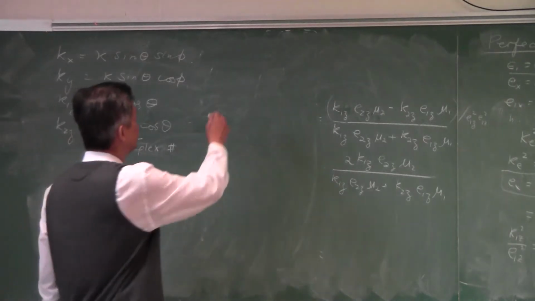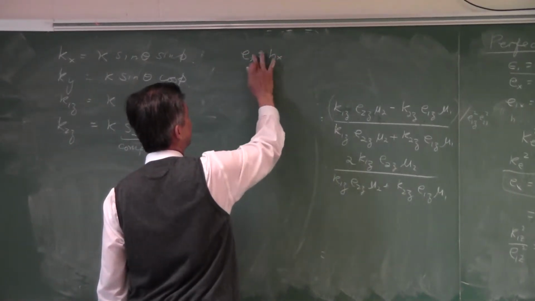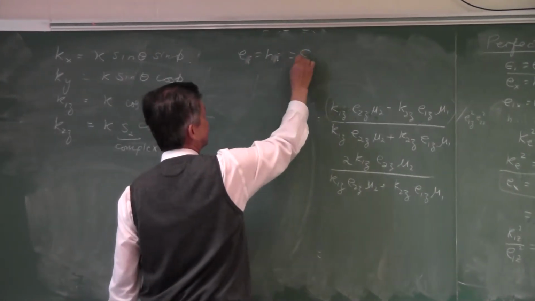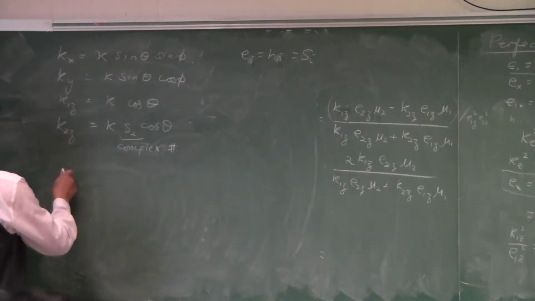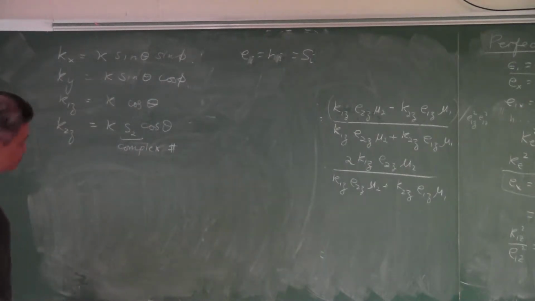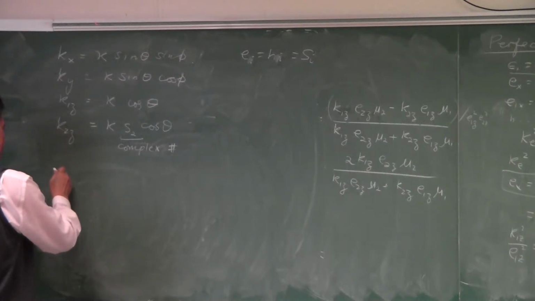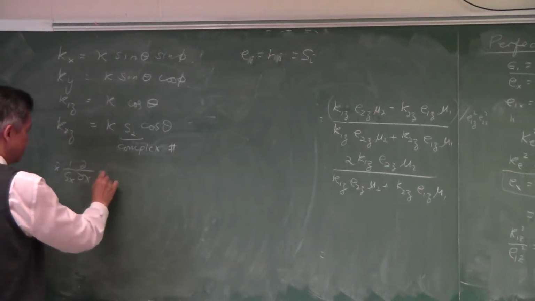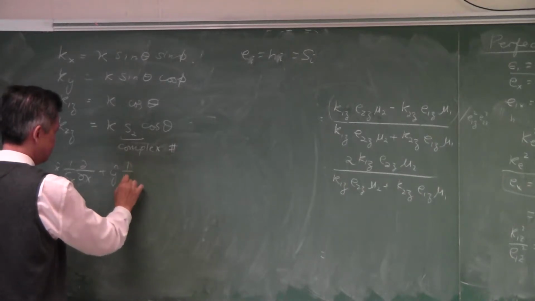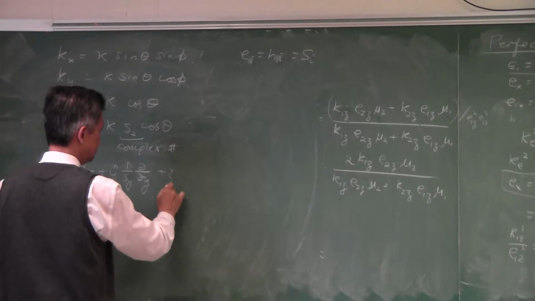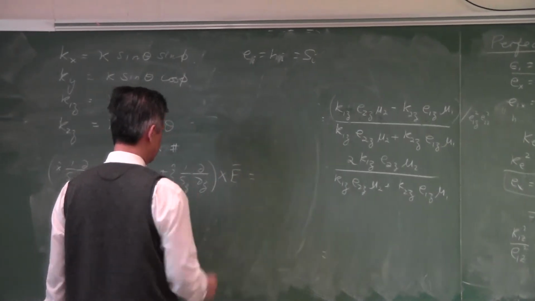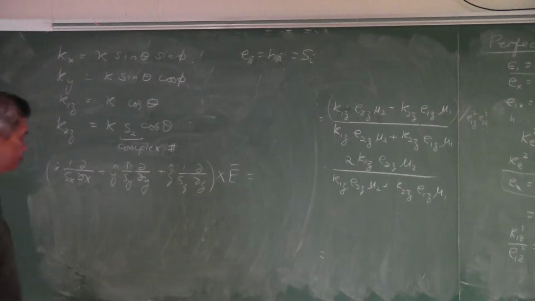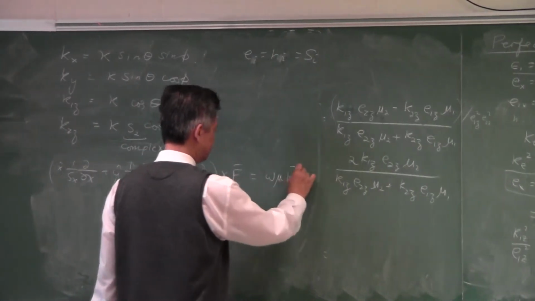So we know that in order for matching to occur, Ex must be equal to Hx, or Ei must be equal to Hi. And let's call this just Si, the same stretching parameter. So the Maxwell equation that has been modified will look something like this. I don't have my paper with me, but what you have then is x (1/Sx) partial x plus y (1/Sy) partial y plus z (1/Sz) partial z, crossing with E, is equal to